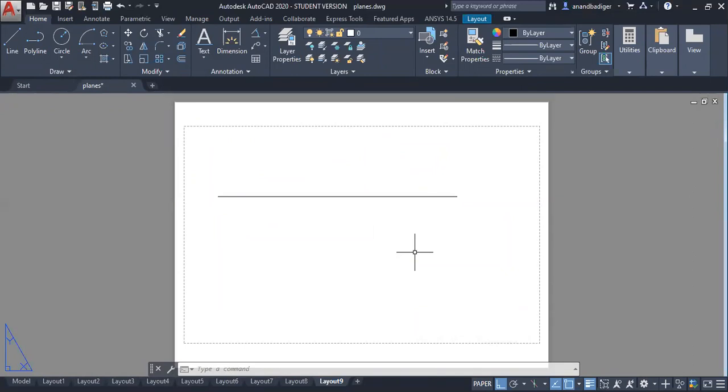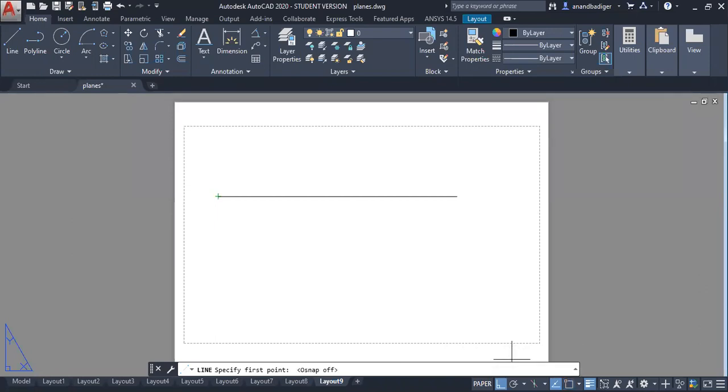Everything will be clear. Now one more thing you come across is, when I take the line command, for a few of you it will not show the relation like this, like I'm getting the green box on the screen showing endpoint. This box won't be visible because in the below part here, this object snap would be switched off.